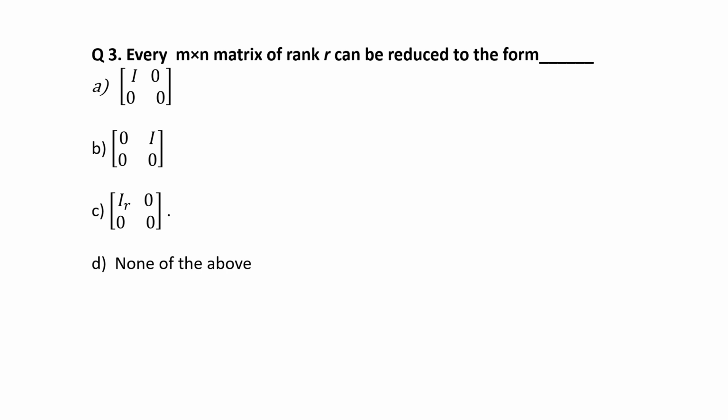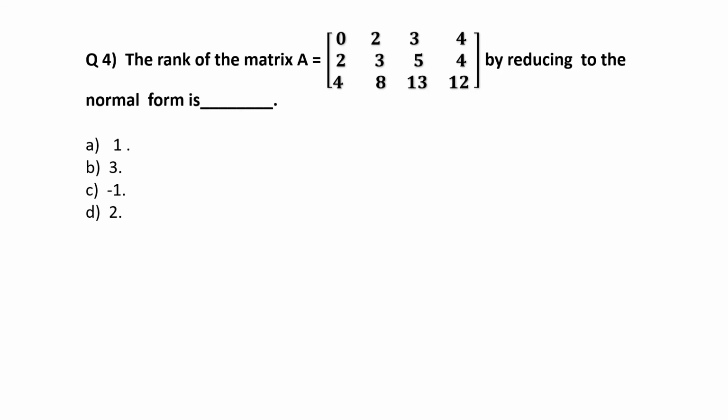Every m by n matrix of rank R can be reduced to the form. You can see which form you can reduce it to. So this one you will be able to answer if you have understood the definition of normal form of the matrix. The rank of the matrix by reducing to the normal form. So once again there is one more problem here where you have to reduce it to normal form and choose the correct answer by looking at what is the unit matrix you have got in the normal form, because you are supposed to write the rank of the